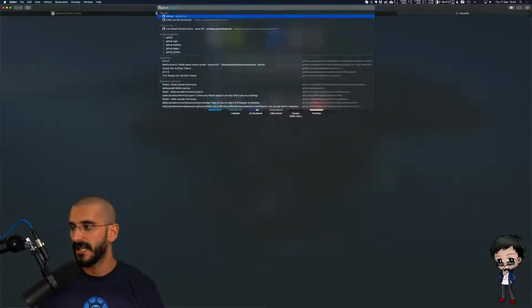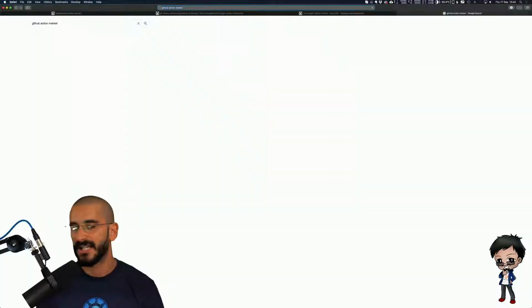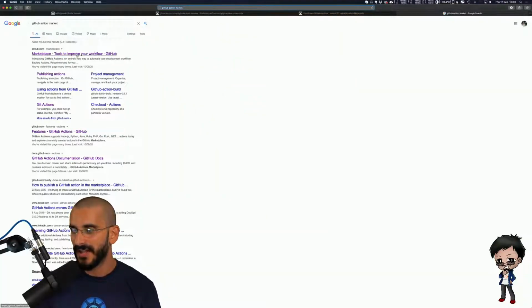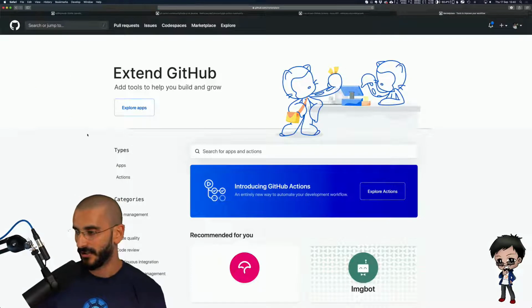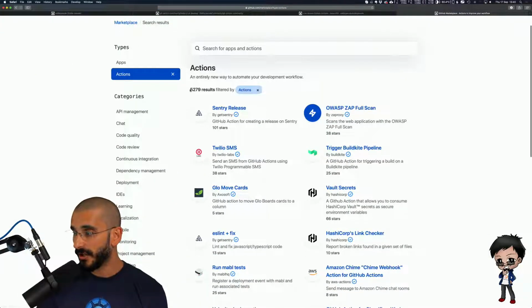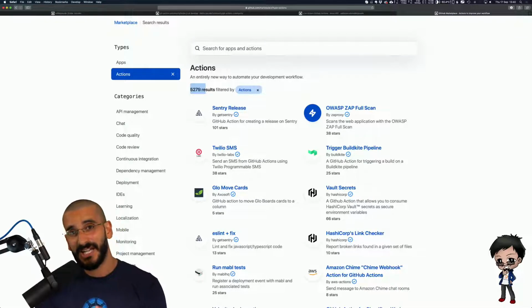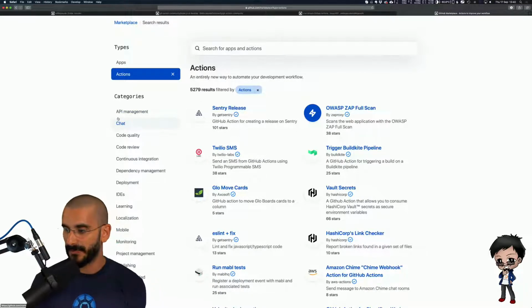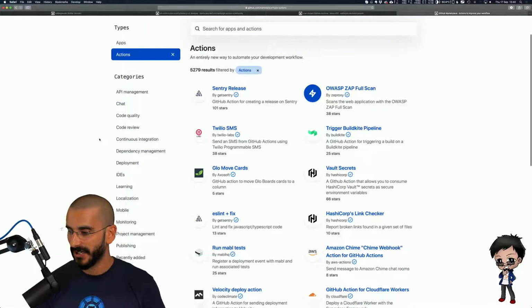So if we go to the GitHub Action Marketplace, you will see there's almost 5,000 plugins that you could use. If I even filter by actions, wow, look at this. Last time I checked was like 2 weeks ago, and it's already gone up by about 500 actions. So that's really awesome. If you do write an action and you make it generic enough for other people to use, then I recommend adding it to the marketplace so other people can use it. That is really awesome.